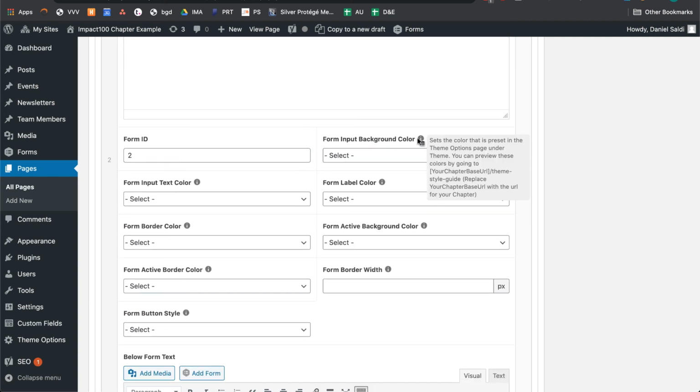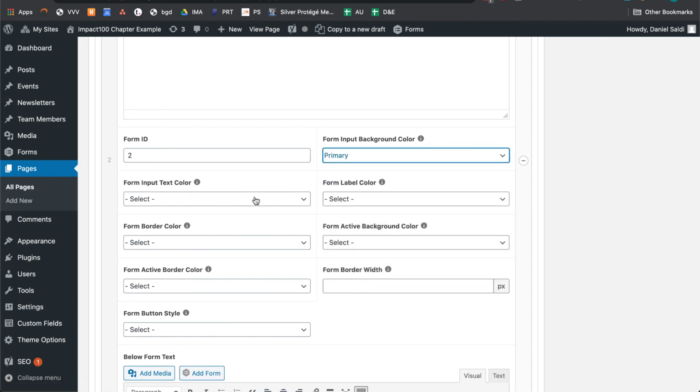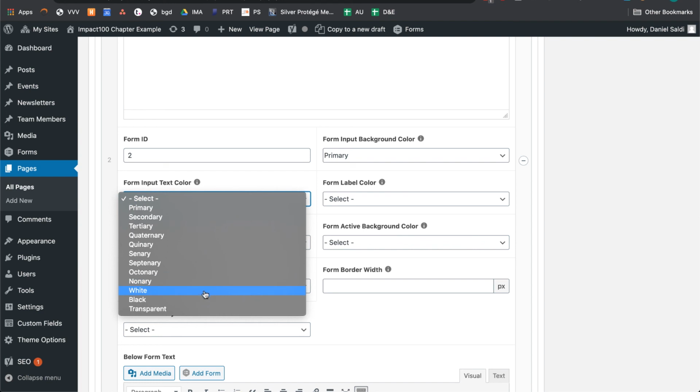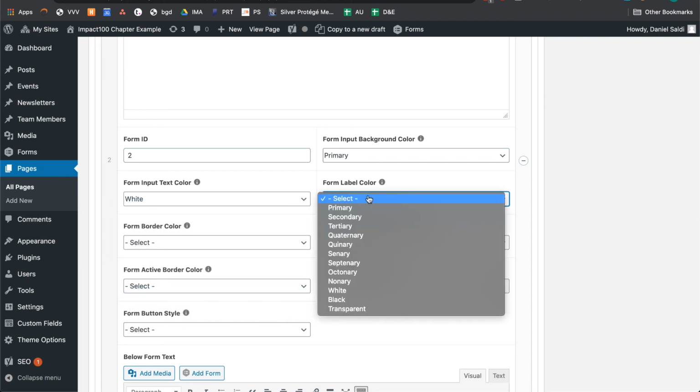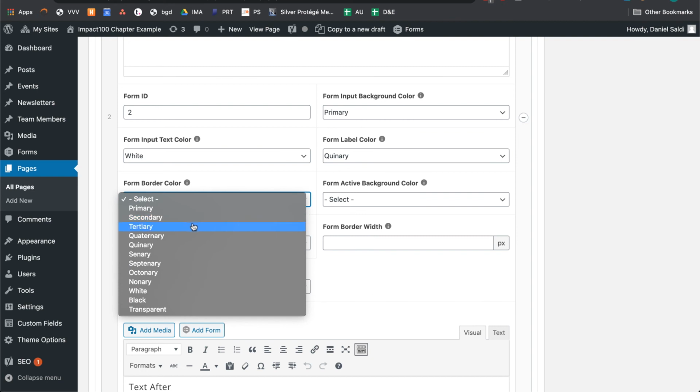So we could adjust the form input background color. So let's say primary. The text, let's make it white. The label color, we will make that a crazy yellow, I think that is. The border color,